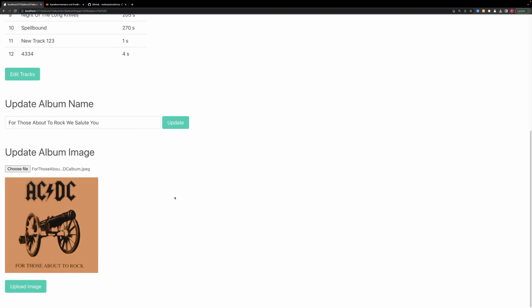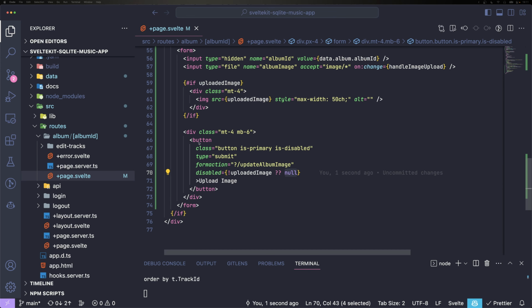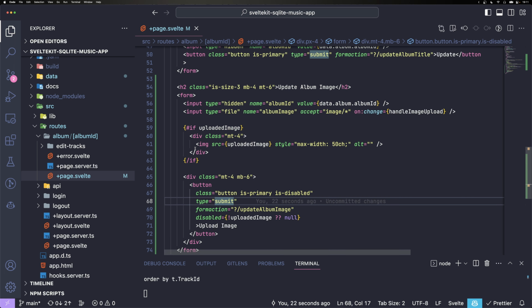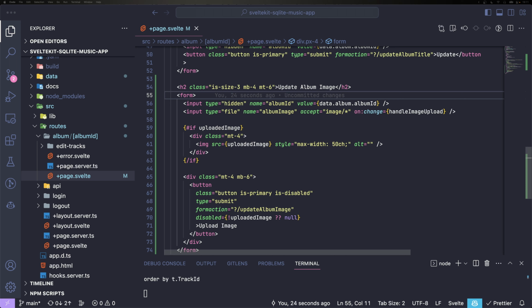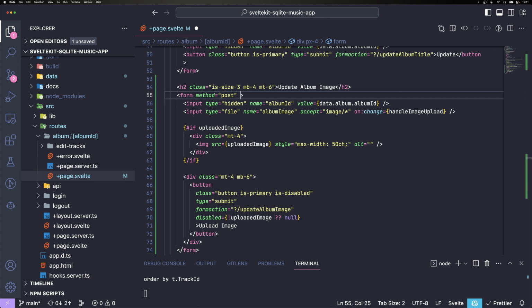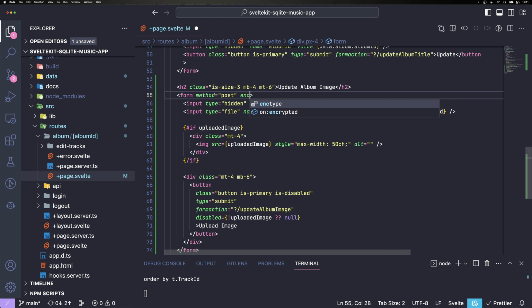So yeah, great. I think I haven't actually put any in the form, so let's say method post. And another really important thing we need to do is set an enc type. So here it's already